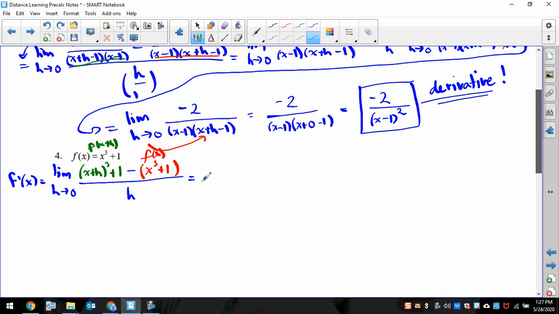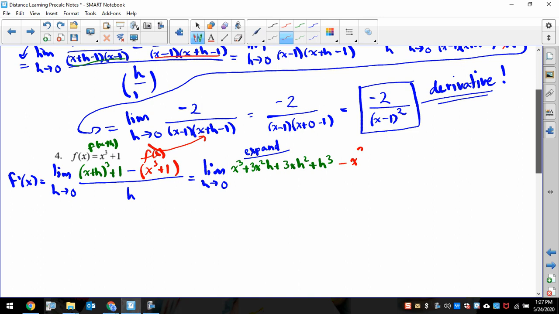Okay, so now there's no fraction really to get a common denominator between in the numerator. So the only option here is to expand, and that's the hard part. Expanding this x plus h cubed is a mess, so I'm going to skip all the work for this and just write it down. So x cubed plus 3x squared h plus 3xh squared, and then plus h cubed,